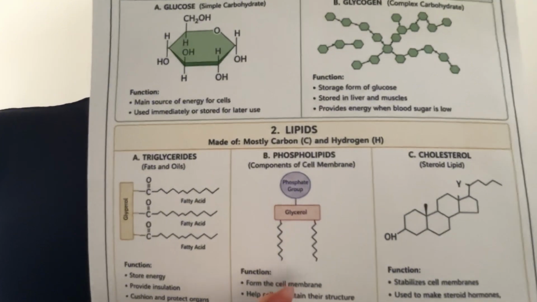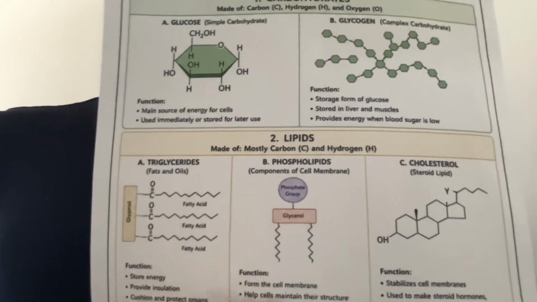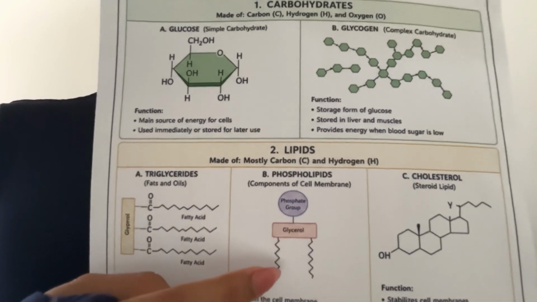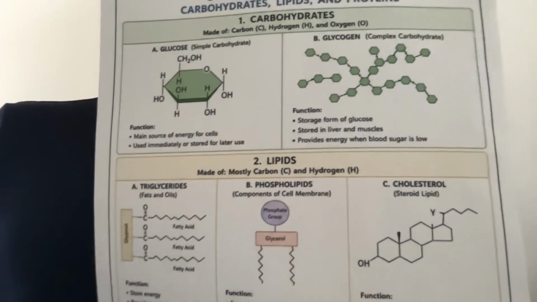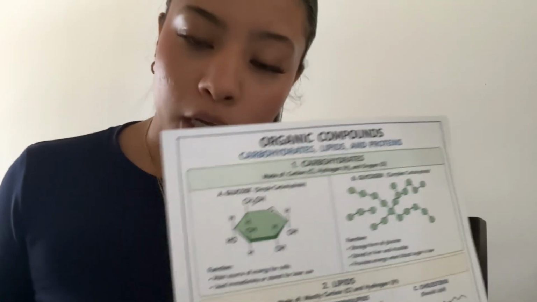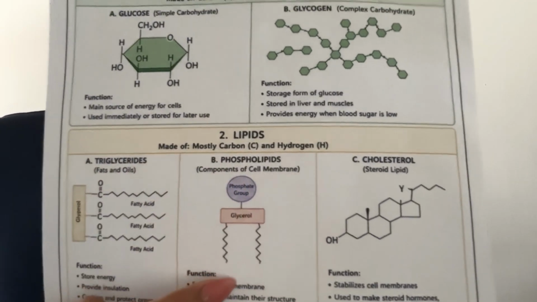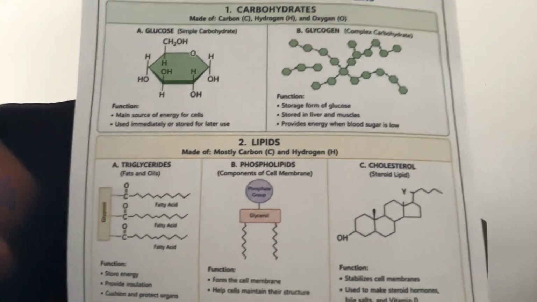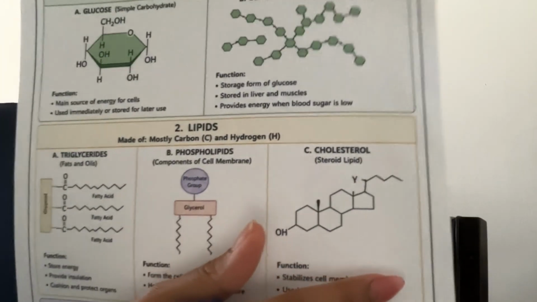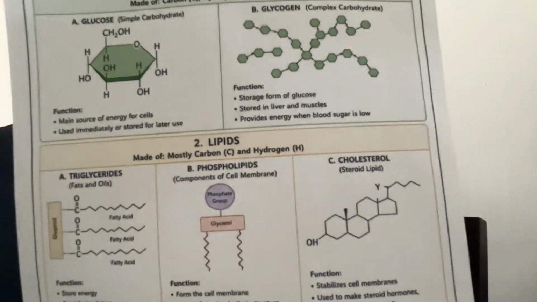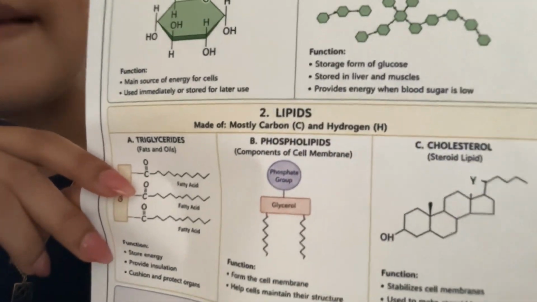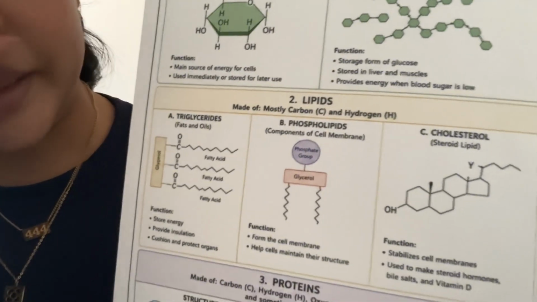And then moving forward, we have the phospholipids, which are made of one glycerol, two fatty acids, and a phosphate group, which we usually see in biology class in high school. It is a form of the cell membrane. And then we have the cholesterol right here, which is a steroid lipid. It helps stabilize the cell membrane, and it is also used to make steroid hormones, bile salts, and vitamin D,